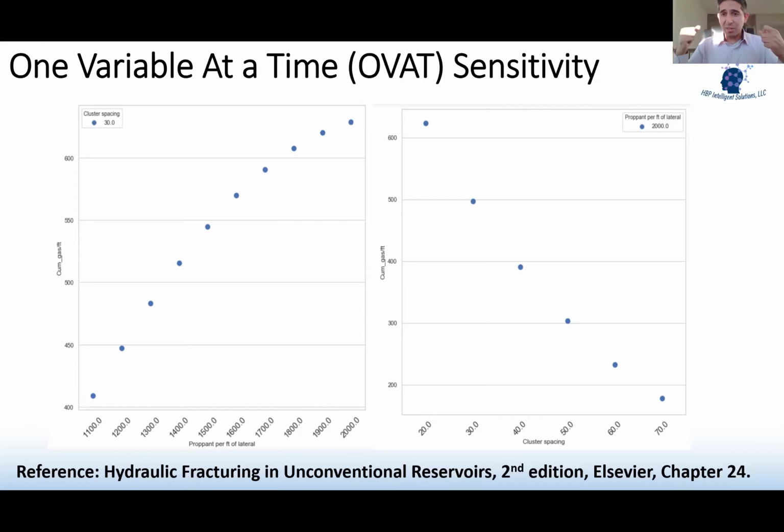The higher the gas or oil price is, the more it justifies pumping more expensive designs. With cheaper gas and oil prices, it does not justify pumping expensive designs. So commodity pricing has a huge impact, and to do that kind of sensitivity analysis, you have to